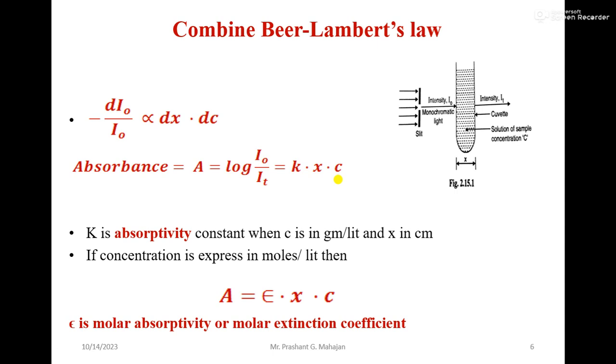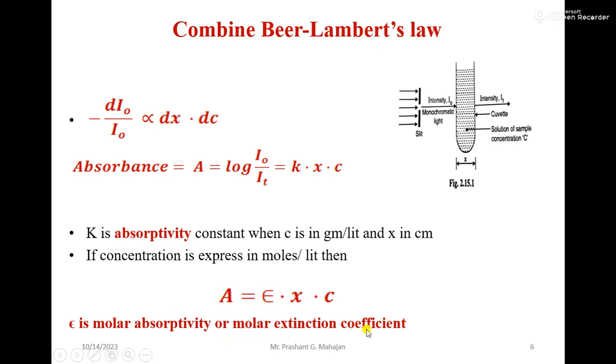Depending upon the concentration unit, we change that K. If the concentration of the solution is in grams per liter, then K is called absorptivity, and if the concentration is expressed in moles per liter, then it is called epsilon, that is molar absorptivity